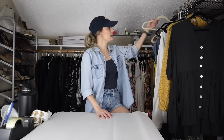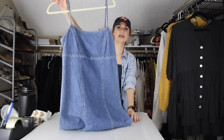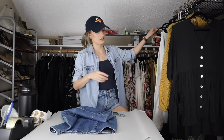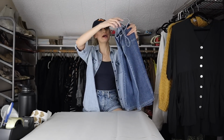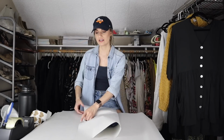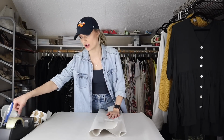Okay. Next up, we have this, which is just by Old Navy, but it is an older Old Navy piece. This is from like late 90s, early 2000s, maybe mid 2000s. It is a little jumper denim mini dress. This cut of dress, no matter what brand it is from, Gap, Old Navy, Calvin Klein, even some Walmart brands if it's older, no boundaries kind of thing. If it's in this cut in a denim material, it will sell for sure for like $18 to $30 without fail. As long as you put keywords in like 90s, Y2K,